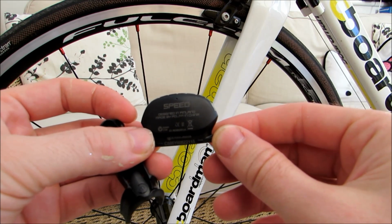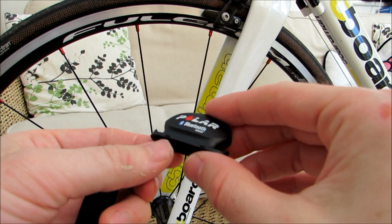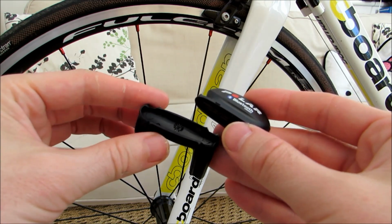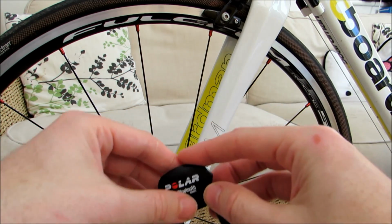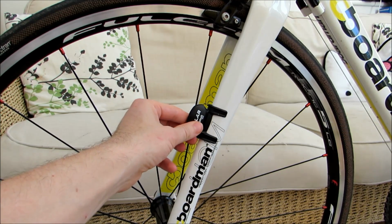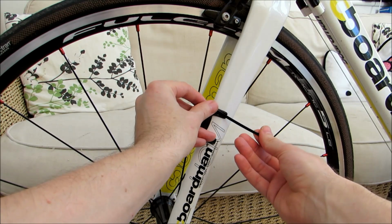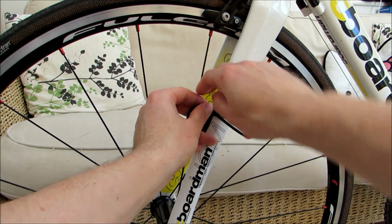Okay, so we're going to kick off by fitting our speed sensor, and the sensor itself has a couple of tabs located just on the bottom edge here, so one here and one here, and these sit nicely into the little openings on the rubber mount. So you just slot the sensor in and then mount the sensor onto your front fork, and then to hold it in place you just need to grab one of the zip ties and loop it around the back of your fork and then squeeze it through